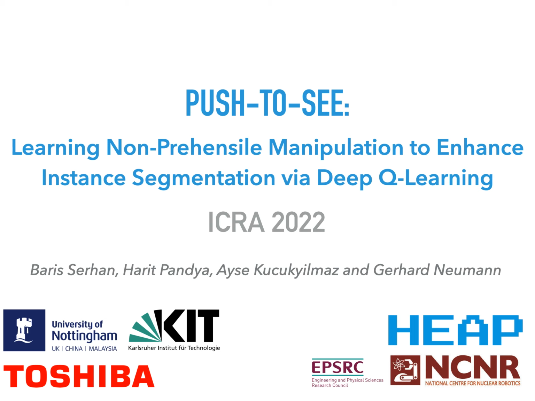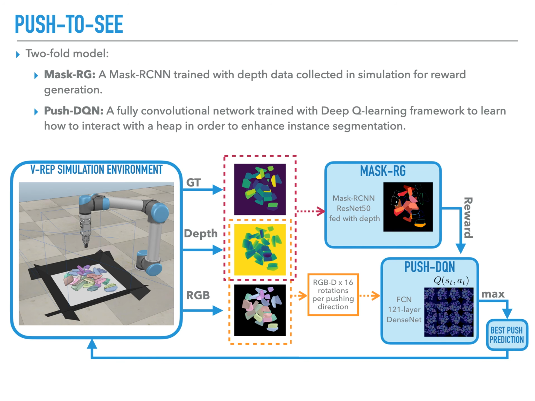In this study, we introduce a novel interactive segmentation approach that can autonomously learn how to interact with a dense clutter to improve the instant segmentation quality of the scene. Our push-to-see model has two main parts: mask-RG, which is a mask-RCNN-based reward generator that was trained offline by only